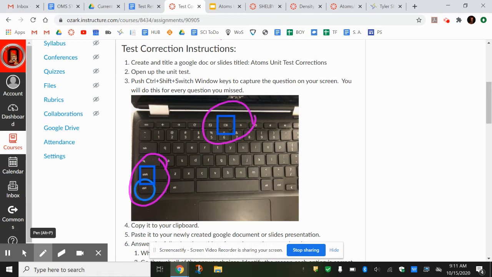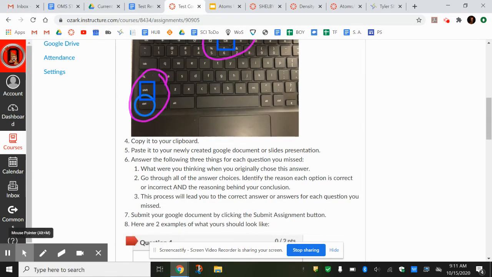But once you push these 3 buttons at the same time, your screen is going to gray a little bit and your mouse will change into kind of like a cross shape. You're going to click and drag and drop that down around the whole question, keeping in mind some of the questions take up more than one screen. So if you need to capture the whole question, sometimes you do need to do multiple screenshots. Once you have this, what you're going to do is copy it to the clipboard and then paste it over either onto the Google Doc or the slides presentation. Okay, you can go through the whole test, get all those copied down, and paste it over onto the doc